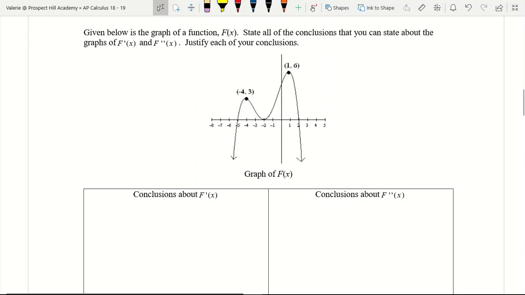Okay, so what we're going to do here is I'm actually not going to go through each and every one with you. What you're going to do is make the conclusions, and I'm just going to give you hints for how many conclusions you might be able to make and also what to look for in the graphs. So for the first graph, we're given the function f of x. We want to state all conclusions that can be made about its derivative and its second derivative and justify each of our conclusions. So if we're given the function f of x, just by looking at it, we can identify